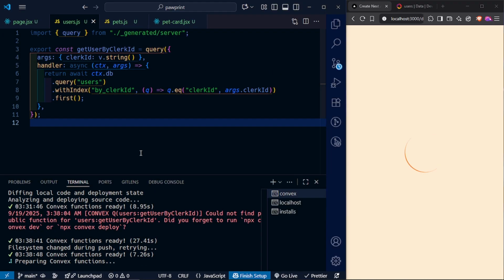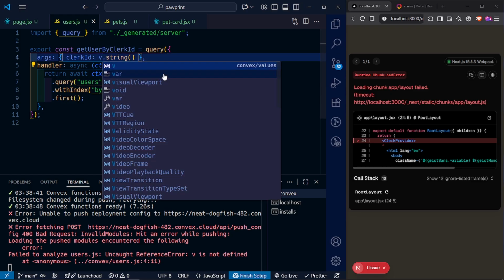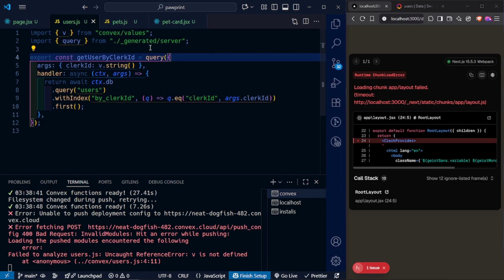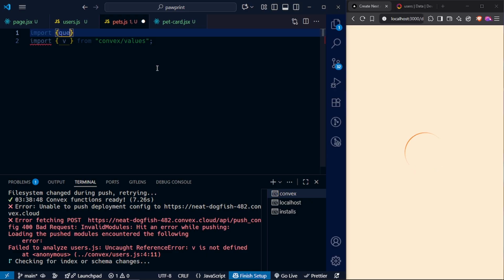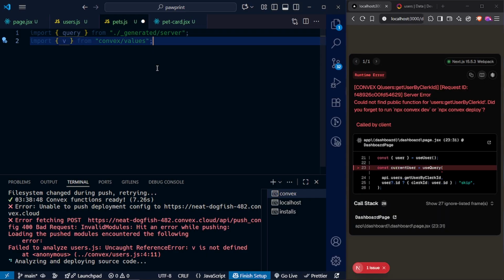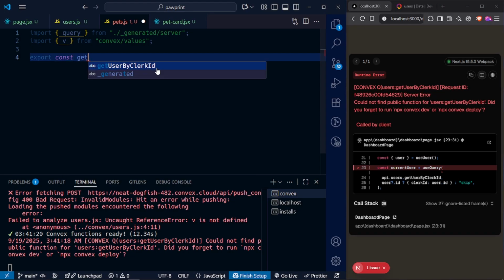So now once Convex reruns, let's see, you should be able to access that function. And we're getting an error here that v is not defined because we need to import it. So right here from convex/values. And let's jump inside pets. Let's create our function. So we need to import, first of all, v from convex/values. And then we also need to import query from ./_generated/server. And then we can go ahead and say export const